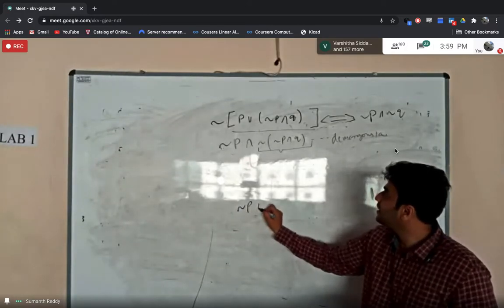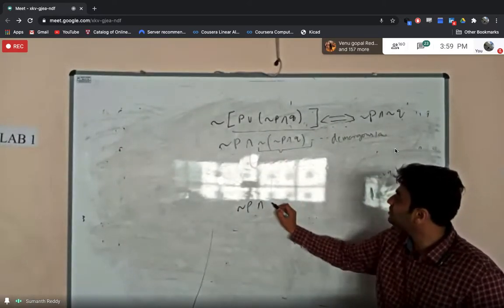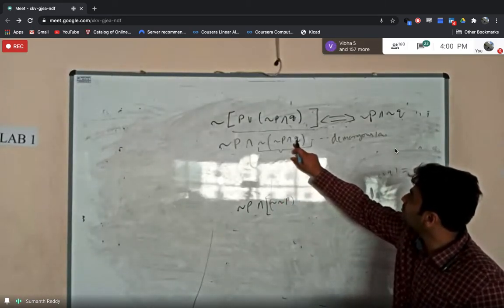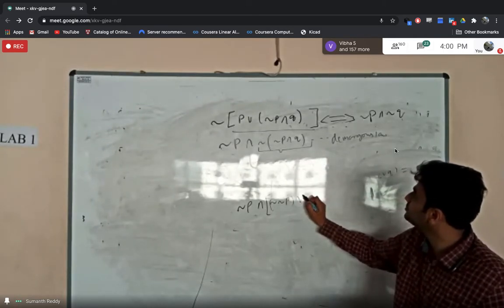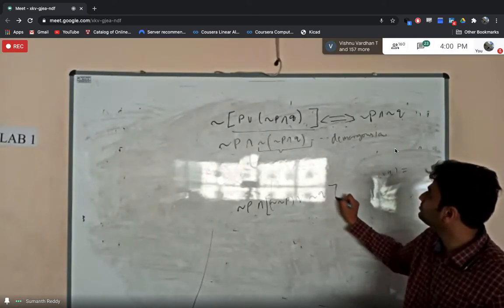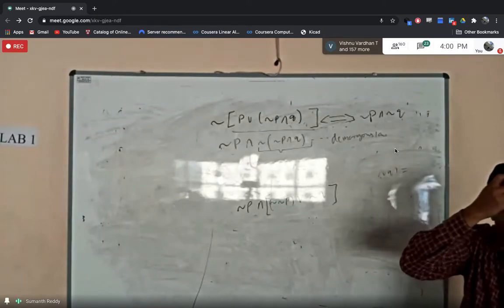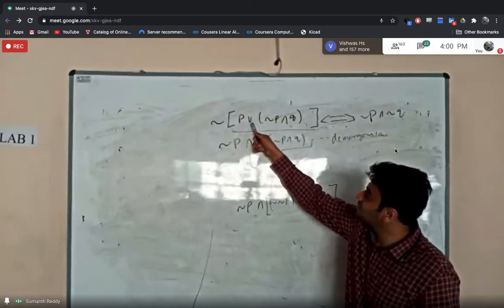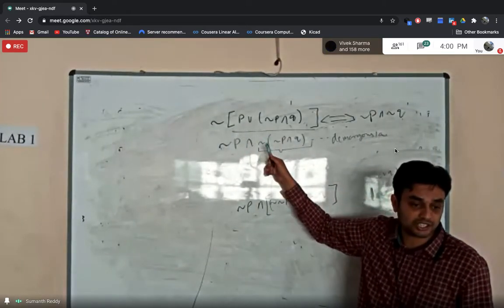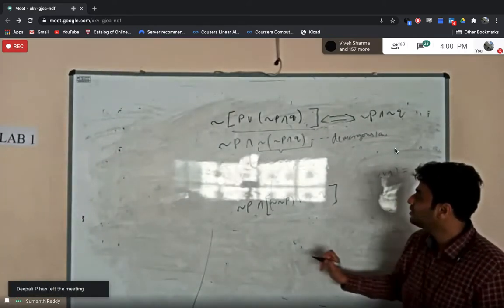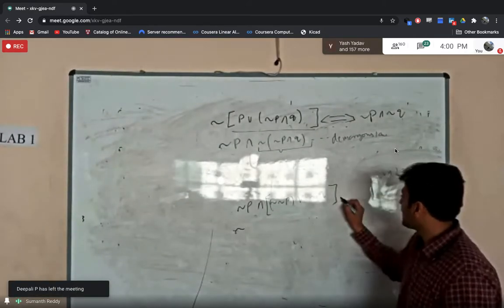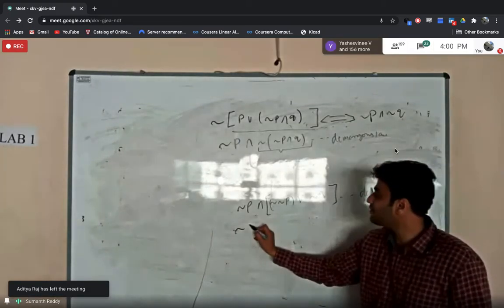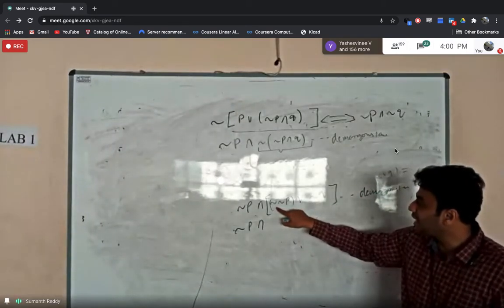So if you apply De Morgan's law again, this can be written as negation of P ampersand of, so it will be negation of negation P. This ampersand will become disjunction, negation of Q. Okay, when you are applying De Morgan's law, don't forget to change the symbol, right? Because when you apply the negation, disjunction will become conjunction and conjunction will become disjunction. Okay, so that you should not forget, right? So again I have applied De Morgan's law. After this, I have negation of P ampersand negation P.